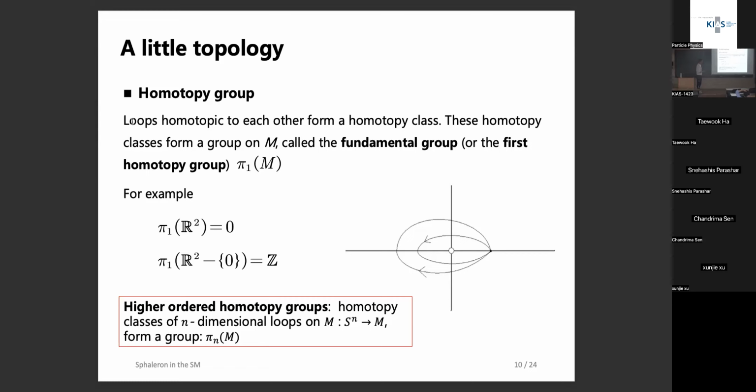In particular, for n-dimensional loops which induce a map from S^n to M, we can define the corresponding n-dimensional homotopy group, which is denoted by pi_n(M). And later, we will see that the M in the calculation of Sphaleron is actually SU(2), which is equivalent to S^3. Okay, and n is equal to 2 or 3,